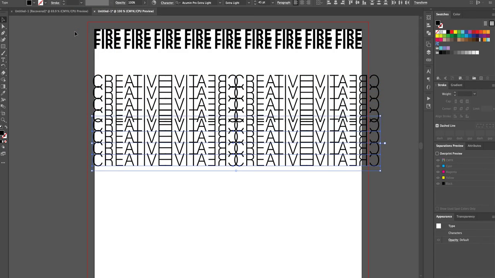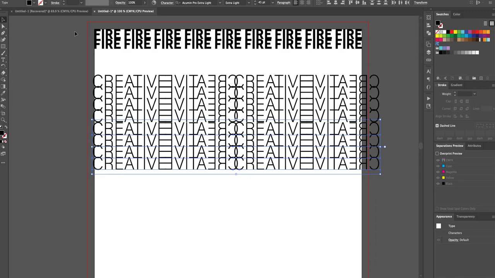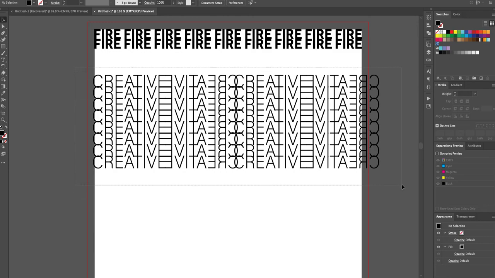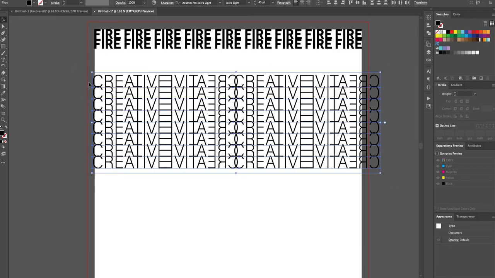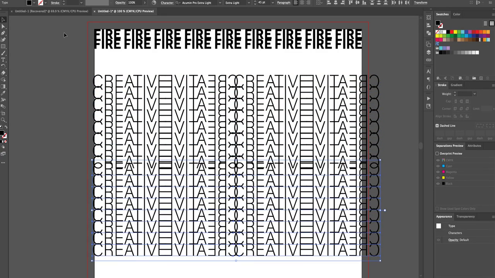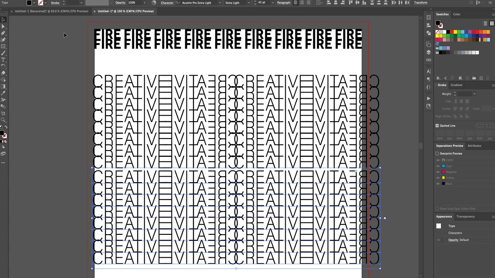So you can tell I keep selecting. Copy, paste in place, and I scroll down, and you can see how the pattern